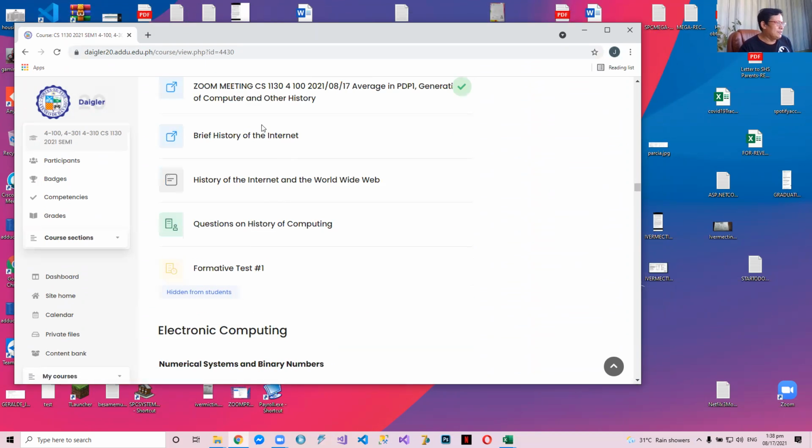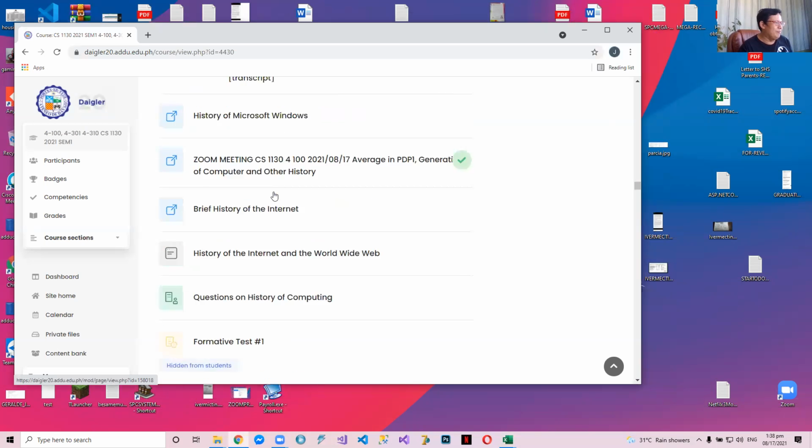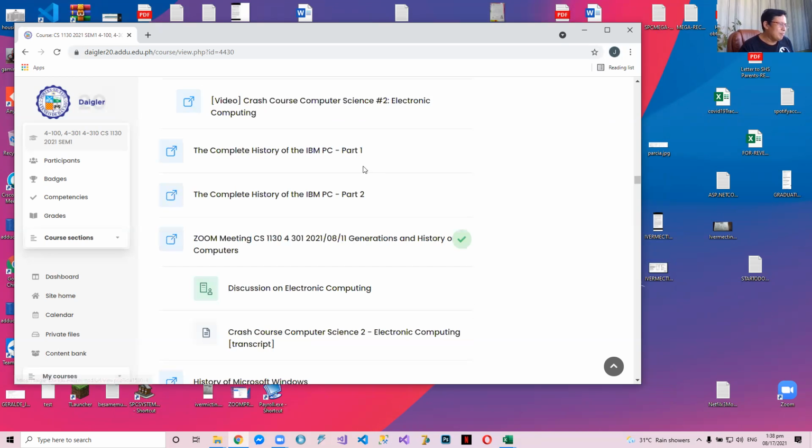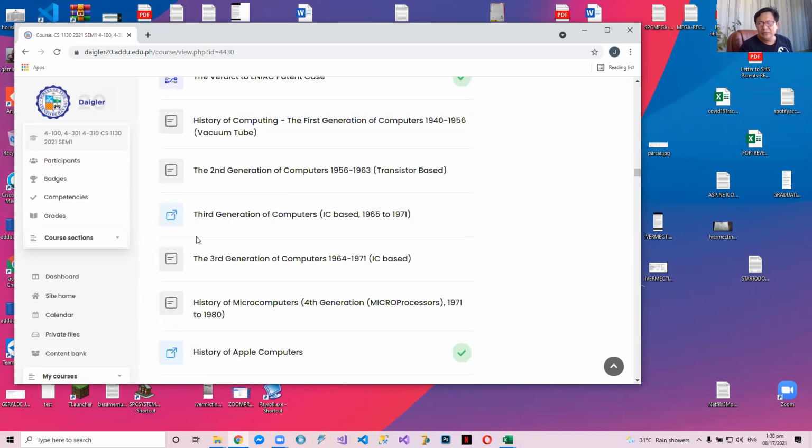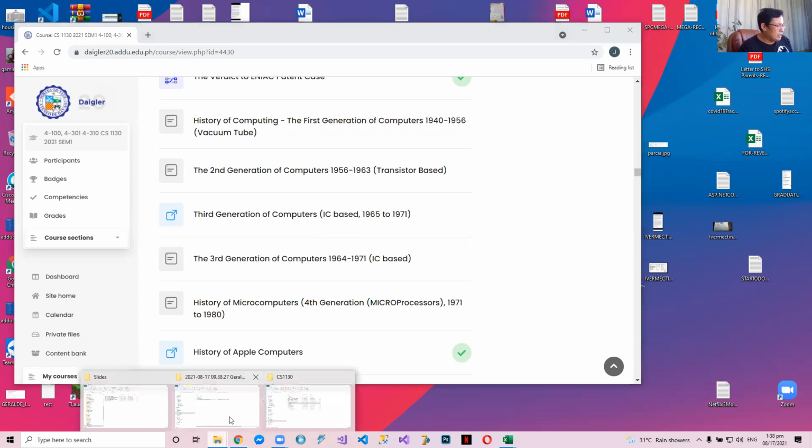Like the brief history of the internet, history of the internet and the World Wide Web, then the history of IBM PC parts 1 and 2, the history of the computer monitor. You can read them yourselves. These are very self-explanatory and self-enriching materials which I have collected from the web. So for the moment, I'd like to show you the solution